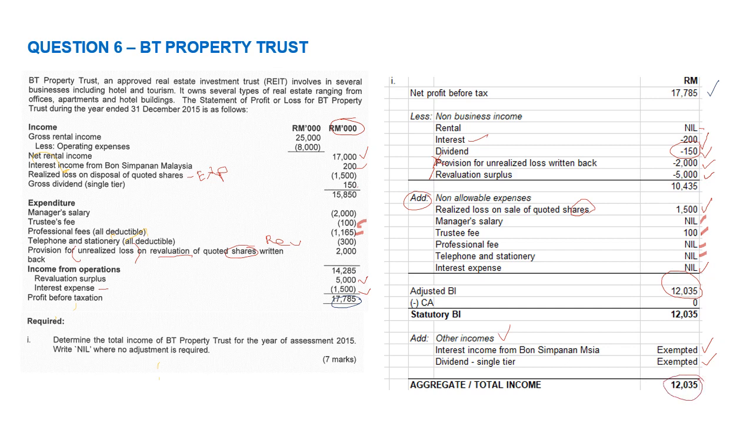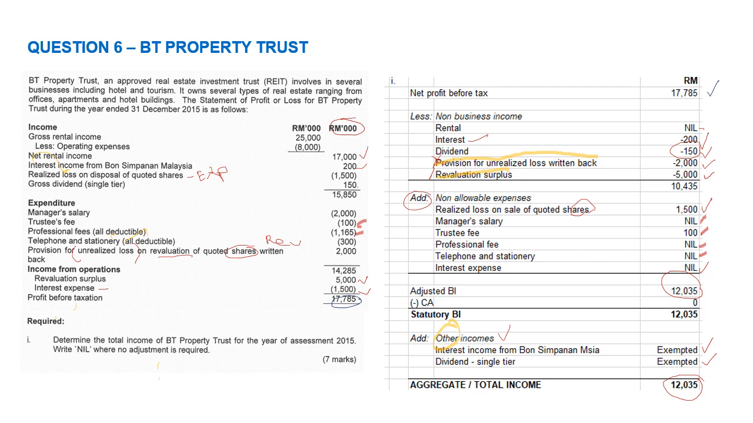Some of you might wonder, kenapa kita tak add back dekat other income ni, kenapa kita tak add back provision for unrealized loss as well as dengan revaluation. Sorry, merah pula. Okay, tukar-tukar, tak nampak. Alright, kita ambil color kuning. Okay, kita ada provision for unrealized loss dengan revaluation surplus. Kenapa kita tak tambah dua ni dekat other income ni? So jawapan dia,